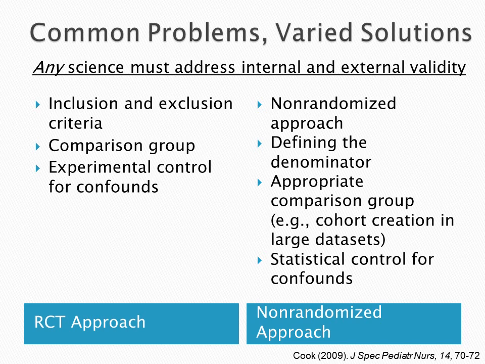Every scientific project needs to answer two different kinds of questions. One is, are the results reliable and valid and actually show what you think they show? That's an internal validity question. And one is, do they apply to anybody outside of these few people that you studied? That's an external validity question. So, in a scientific sort of approach, we want to answer both of those questions systematically. Research tends to do it through randomization, randomized controlled trials, comparison groups, experimental control, strict inclusion and exclusion criteria.